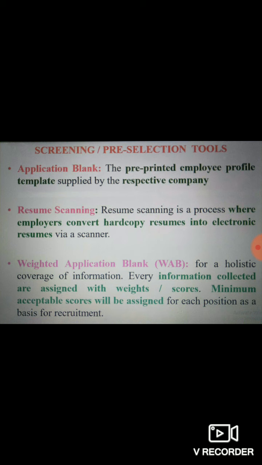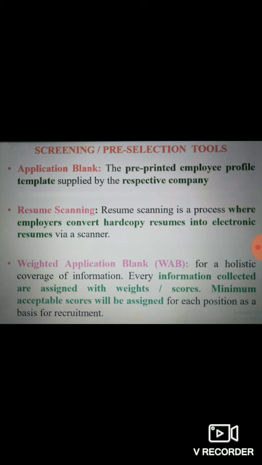So once you are confirmed to get the first entry point of selection process, you are actually getting this template given by the company, in which the company's logo, the application blank's first page will look like a letterhead of the organization. That means the entire logo of the organization will be printed on top of the first page, and there onwards you will be asked to give your details specific to your reference, like name, age, and all this, and the required data, questions or items will be printed.